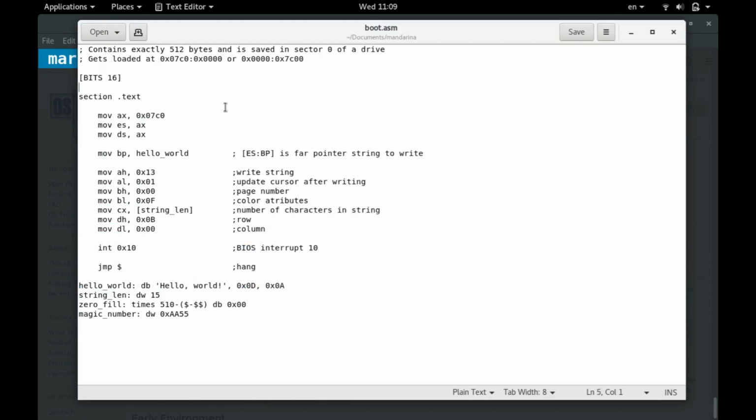So the bootloader contains exactly 512 bytes and is saved on sector 0 of a drive. So it can be on a floppy disk, on a CD, or on your hard drive or SSD. When the BIOS detects a bootloader on one of your drives, it loads it into memory at this address here. So at basically 7C00 in hex, and what you see here is